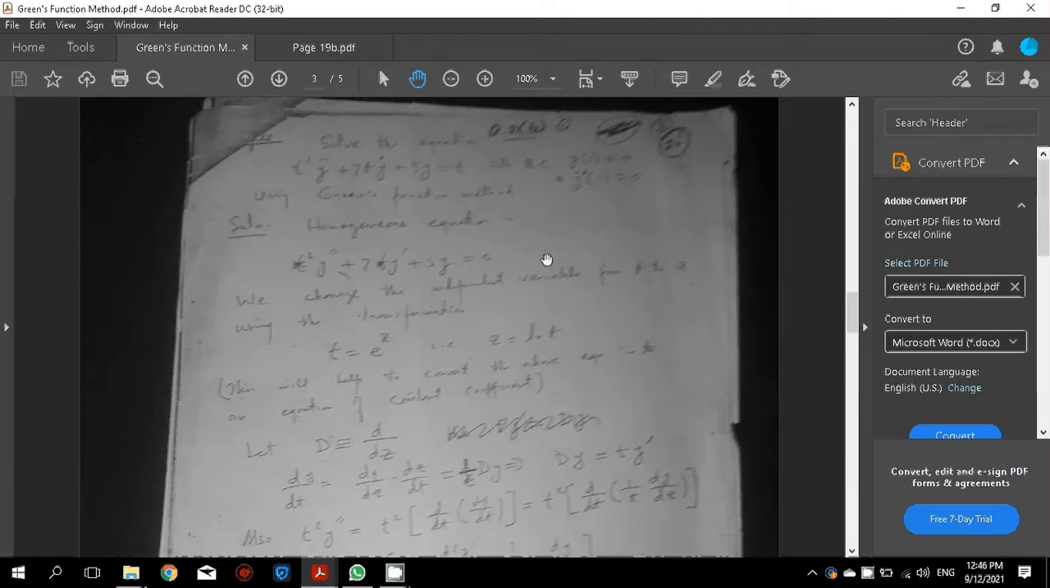the homogeneous part of this equation as t squared y double dash plus 7t y dash plus 5y is equal to 0. So I have replaced dots with dashes for derivatives. It does not make any difference. So we change the independent variable from t. Now let us introduce another variable z instead of t. So t is equal to e to the power z, z is equal to log t, and when we substitute